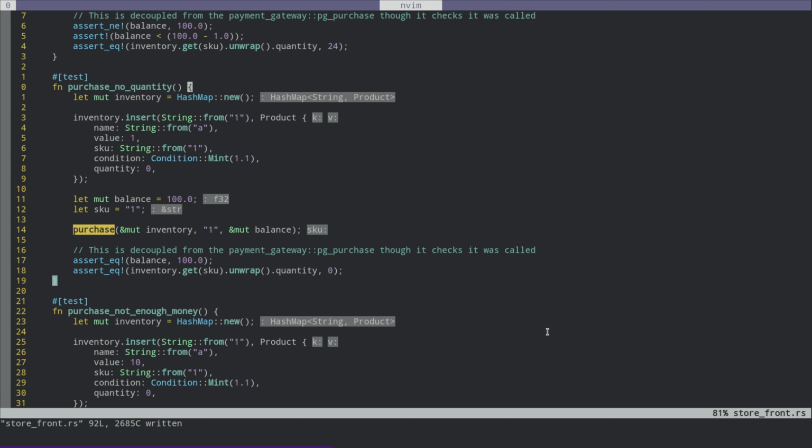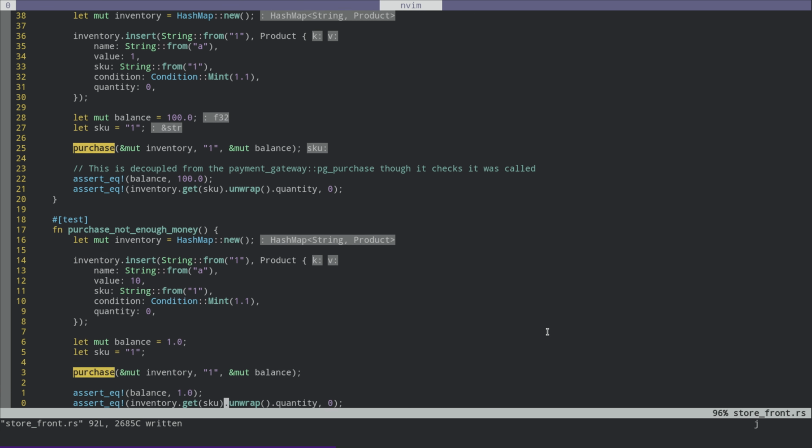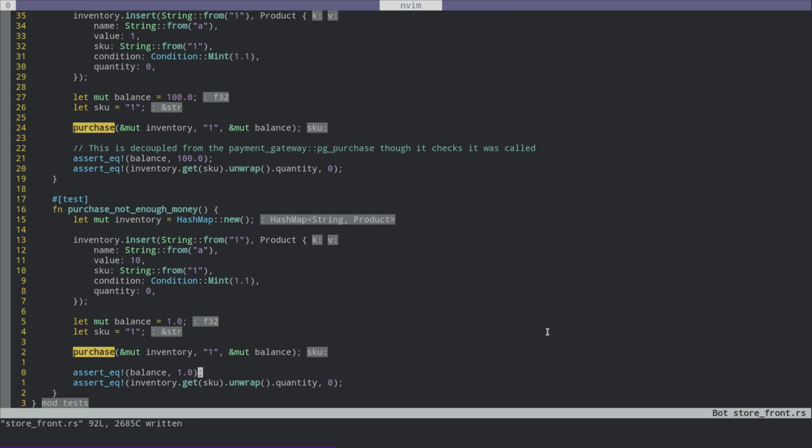More fun edge cases. So we have no quantity. If there's nothing left, can I buy something? We should expect to see our balance remain the same and that the quantity remains the same. Things like, if you don't have enough money, your balance will still remain the same. The transaction gets declined and the inventory still remains the same. Though, actually, let's change this. I'm going to make this 5 because I want to make sure that that's wholly separate from the case where something doesn't exist. The transaction failed because I don't have the quantity versus I have it and I can't